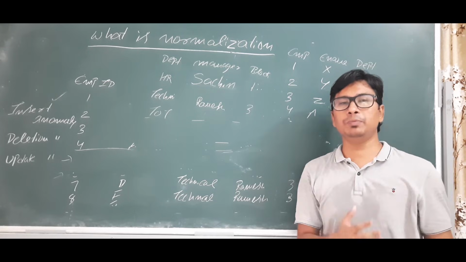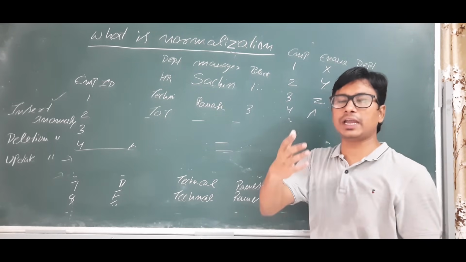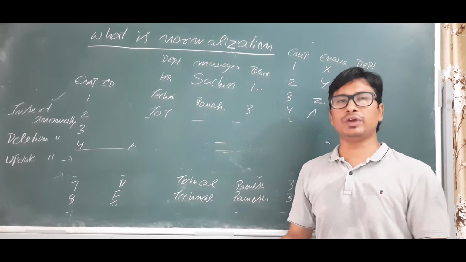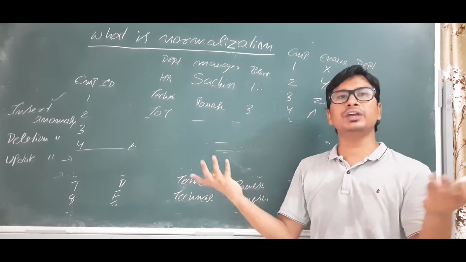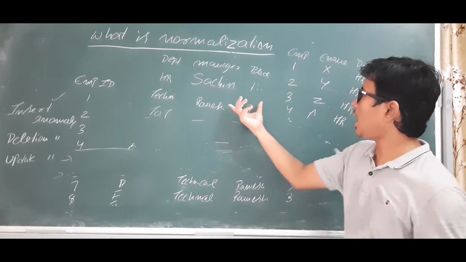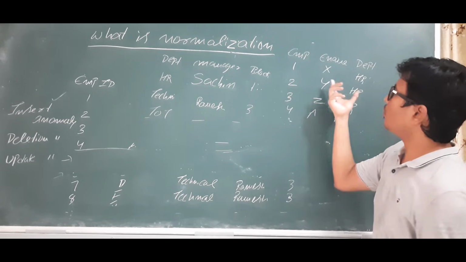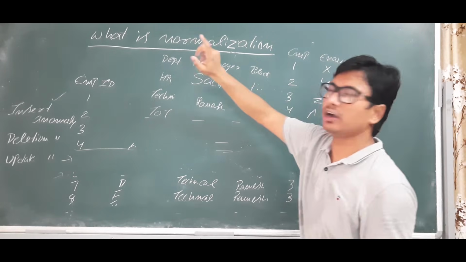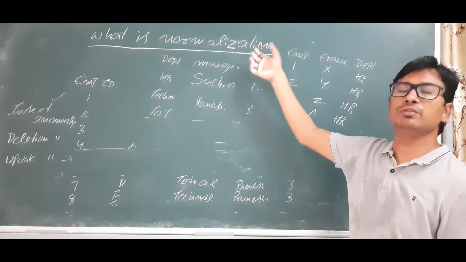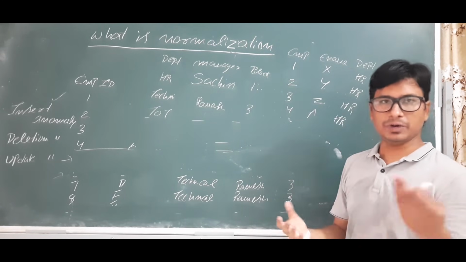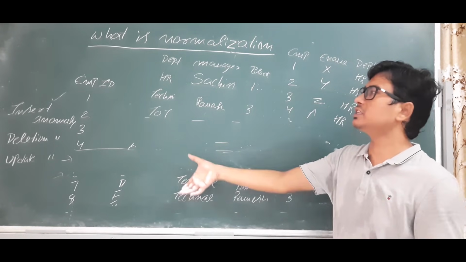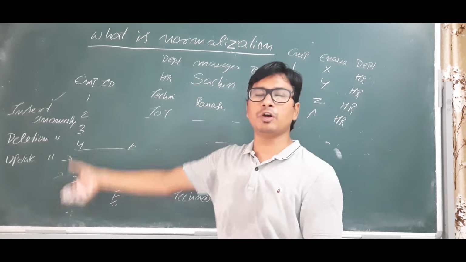So you can ask, sir, we have an entire organization, so why can't we create a single table? If we create a single table, writing queries on the table is easy. If we have multiple tables, then this one will act as a foreign key for that one. So using join operations only, I can retrieve the data from multiple tables. But retrieving is okay, no problem, because you have join operations. If you have a single table, you will face all these problems.